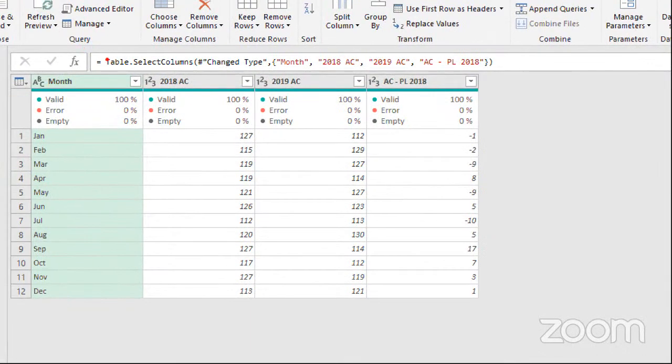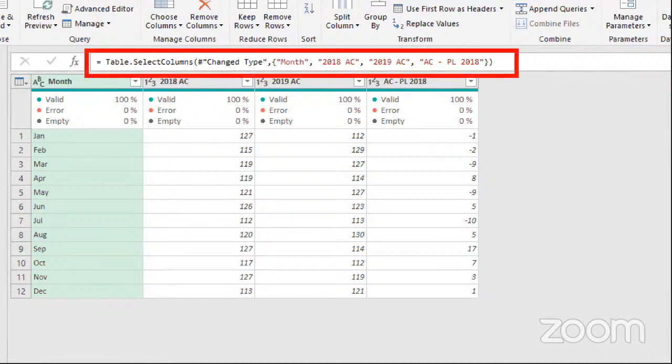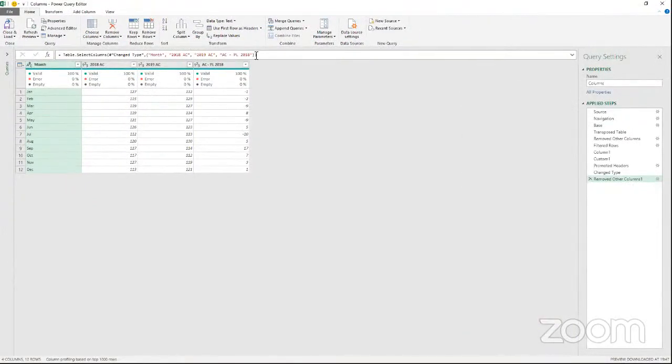And if you look at this incredible code that is here, it says table select columns. Start with a step that is called change type, and we actually need to delete that one because change type is a killer. But beyond that, it says select these columns. And the important part here is, do you see that the column names are actually within the curly brackets? And what that means, well, that is actually a list. So what if I could actually just say, well, don't take this list. What I want you to use is my